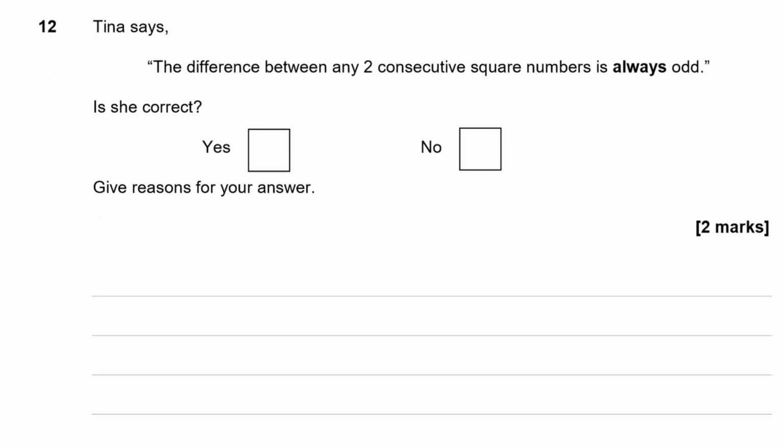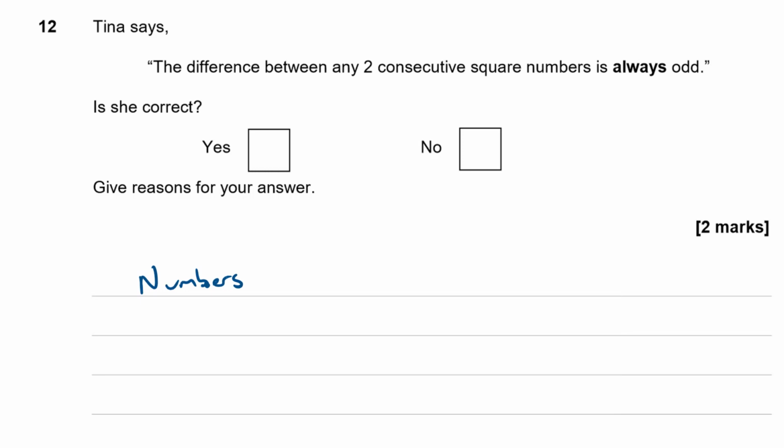Question 12. Tina says the difference between any two consecutive square numbers is always odd. Is she correct? Yes or no? And give a reason for your answer. So let's